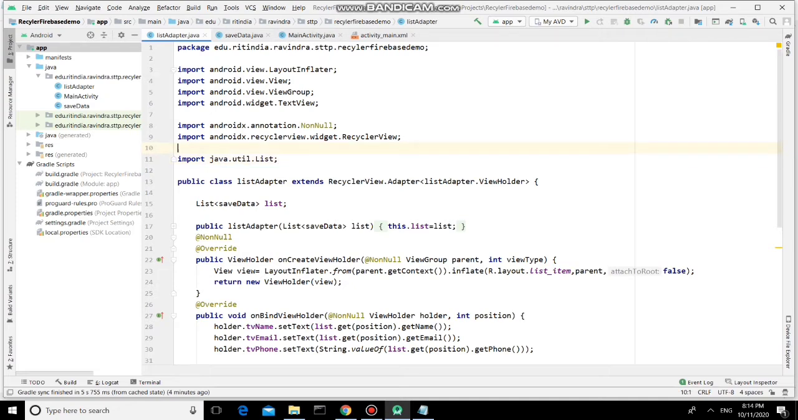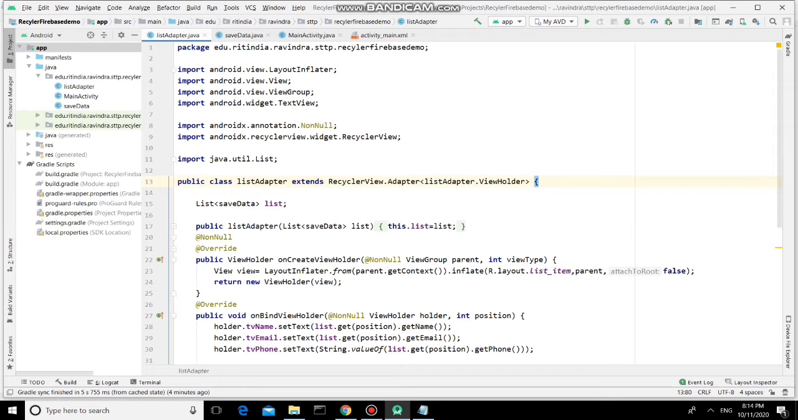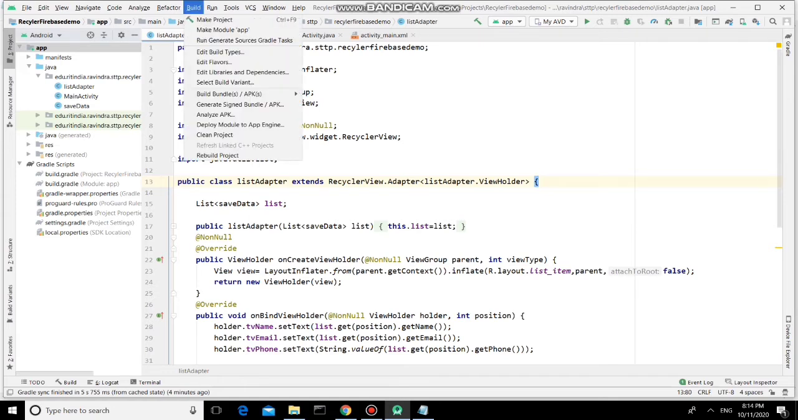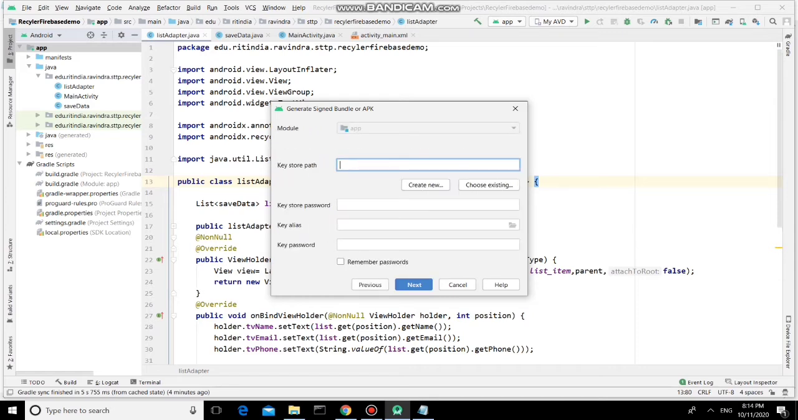Remember this. Now, how to generate a signed APK. I'm using Android Studio version 4.0, which is a recent one, and I'm using this Android Studio itself to generate the signed APK. So let us start with the signing procedure. Go to Build and then click on Generate Signed Bundle or APK option. Here there are two options, so I'm selecting the APK option. Click on next, and now it is asking me to select the key store